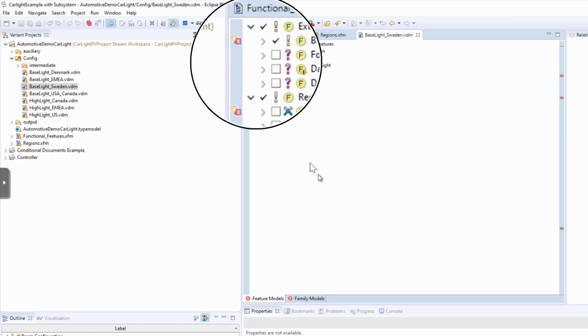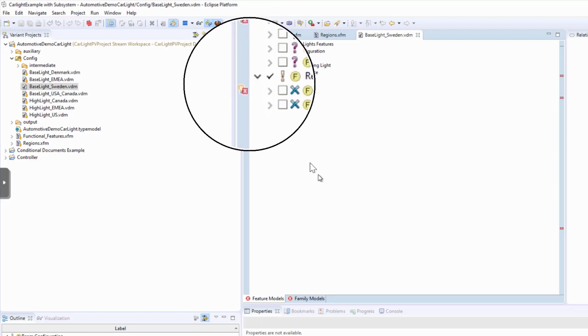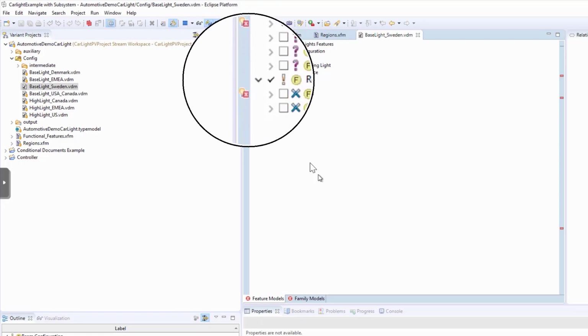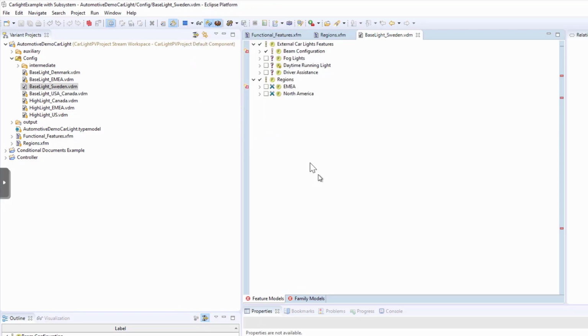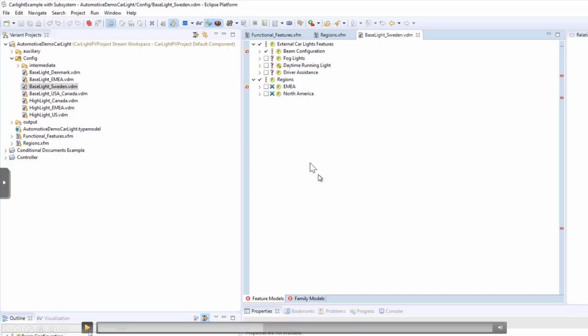For some places of the variant model, you also will have or might have such error markers. They point you at places of the VDM where you have to make a decision in order to end up with a valid variant description model. And if you hover over those error markers, the tool will also give you a tooltip and tell you what's the reason here why you get this error marker. For example, here we saw that this error marker exists. So let's highlight this again. This error marker exists because there